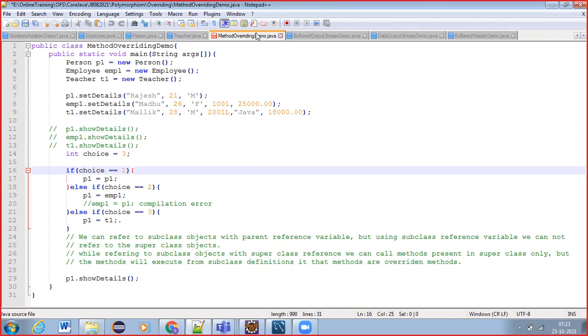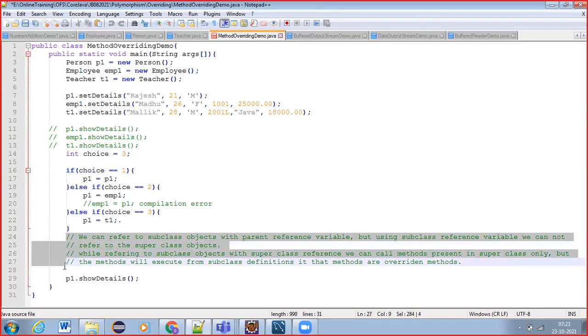So, in the method overriding demo, here are a few points that we have written as notes, which are very important points, guys, that you need to remember when we are doing method overriding.